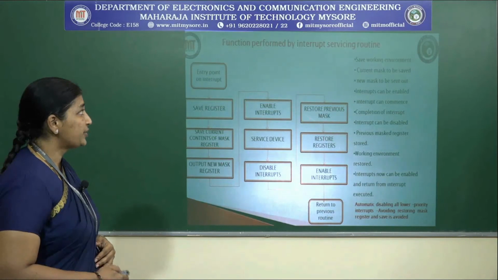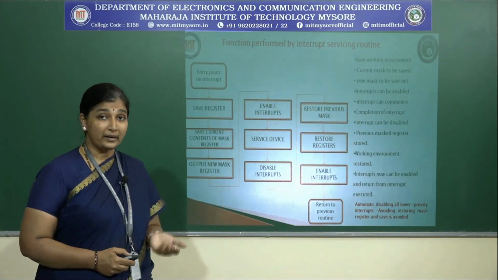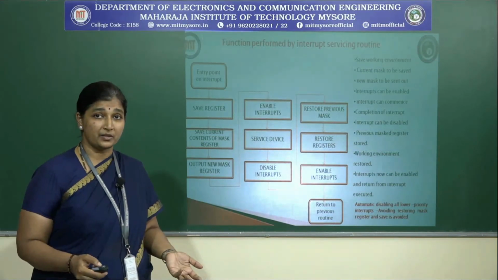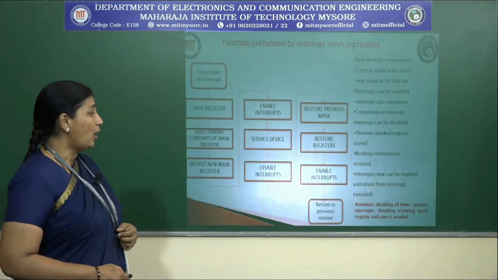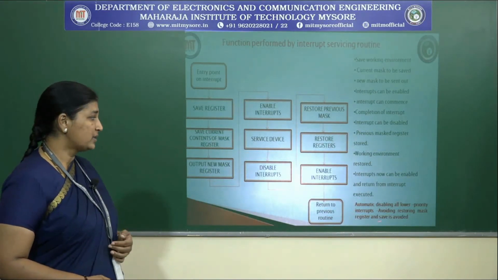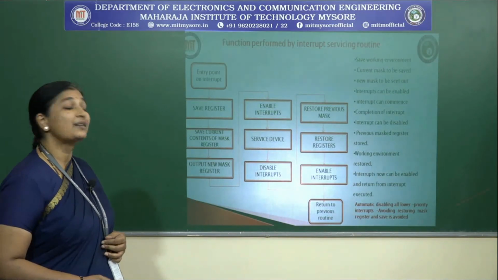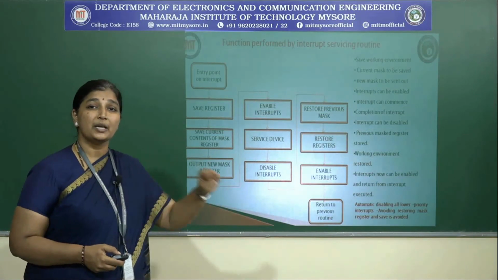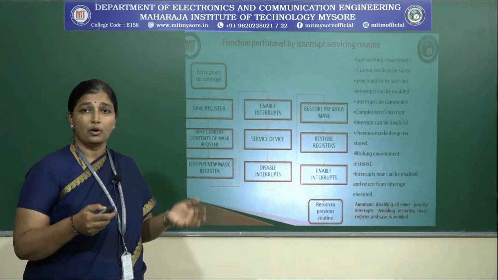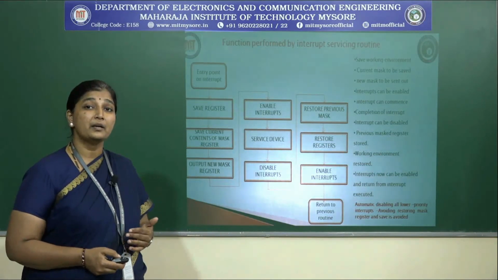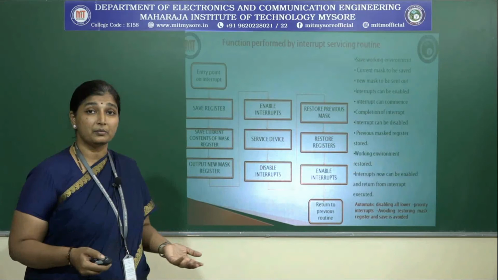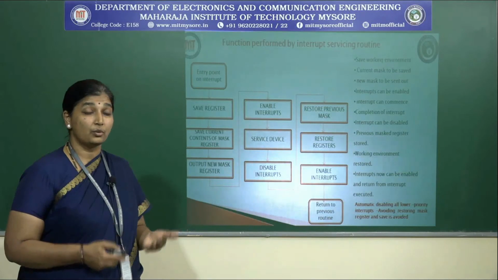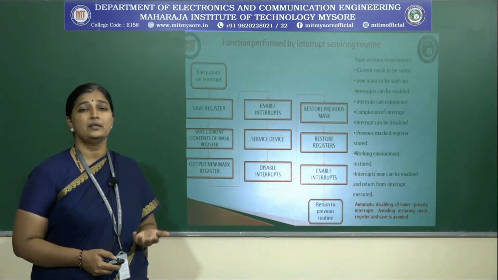So these kinds of operations in certain computers are dealt with automatically. So it need not save, it need not restore, because it needs a lot of memory space, isn't it? So certain computers have automatic disabling of low interrupting signals, avoiding restoring the mask register, and the save is avoided. Instead of saving, again you have to save the information temporarily in some register, isn't it? So it needs a lot of space. Okay, for each and every interrupt, especially in a real time system, you have multiple interrupts. So you have to save a lot of contents for a longer time till the interrupt is being handled. So that is automatically eliminated in certain computers.